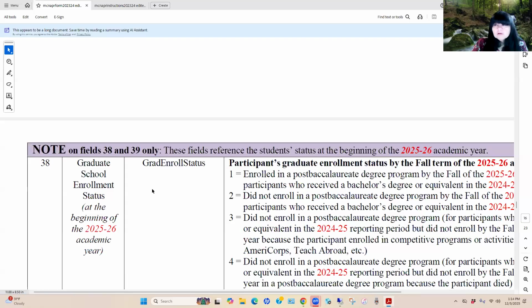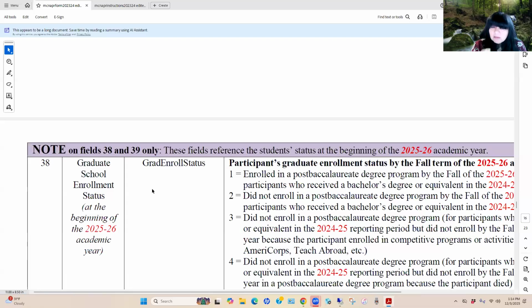the quality control checks that I mentioned earlier, in that I mentioned that in the fields where you identified the student earned a bachelor's degree within this reporting period, you identified and gave them the cohort of 24. For those students, here you're going to respond in field number 38 whether they enrolled in graduate status.